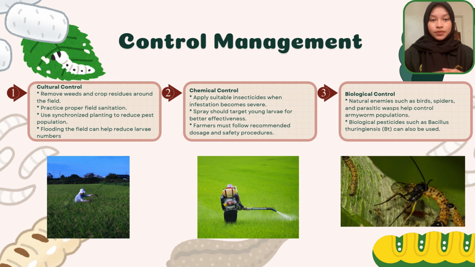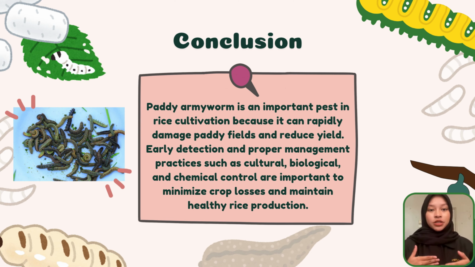For conclusion, the paddy armyworm is an important pest in rice cultivation because it can rapidly damage paddy fields and reduce yield. Early detection and proper management practices such as cultural, biological, and chemical control are important to minimize crop losses and maintain